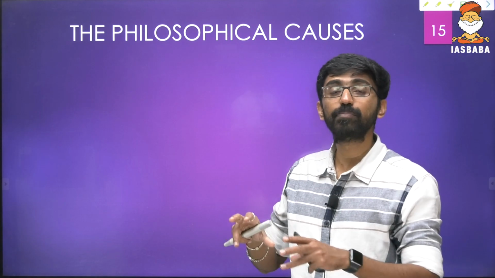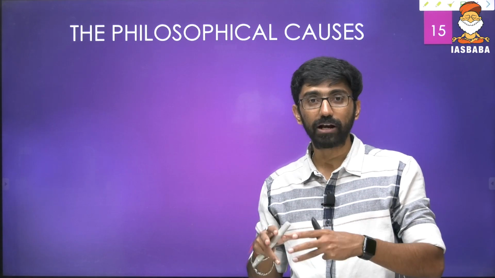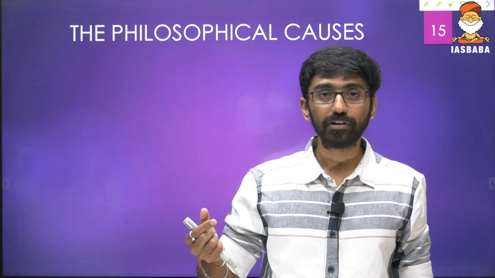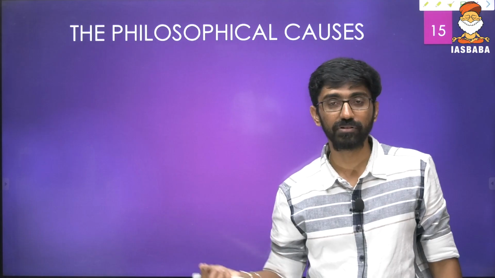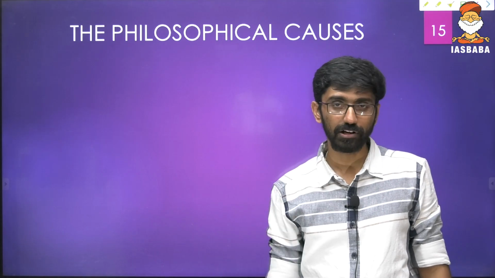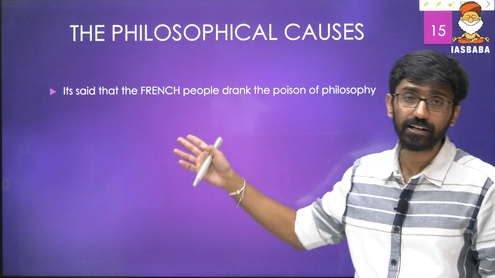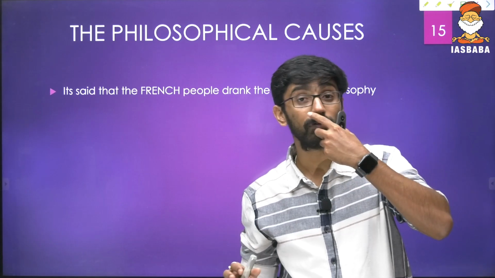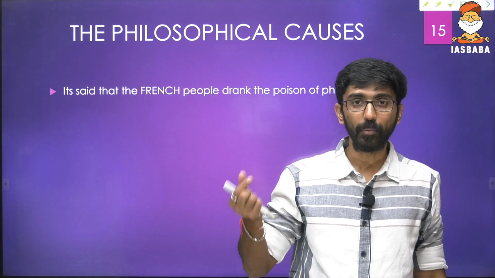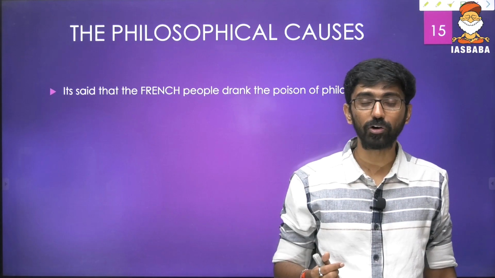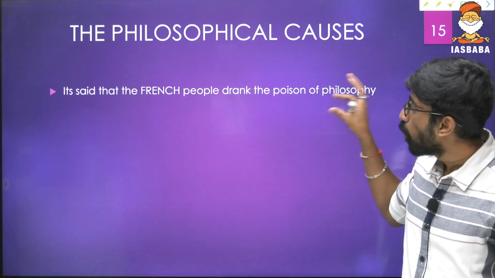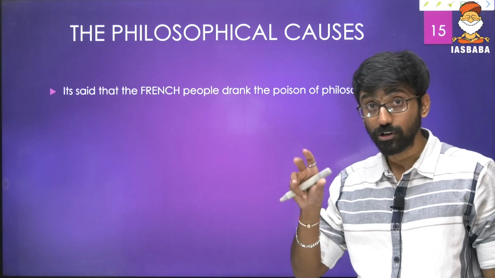Now, what are the ideologies the people of France were guided by? We are coming to those ideologies. That is the philosophical reasons behind it, and these philosophers gave expression to people's problems. There are three major philosophers, we'll come to that. It was said that the French people drank the poison of philosophy. I told you the middle class, the bourgeois section among the commoners, the rich class, were open to ideological currents. They were open to these kinds of philosophical ideas. What those ideologies were, I'll come to.